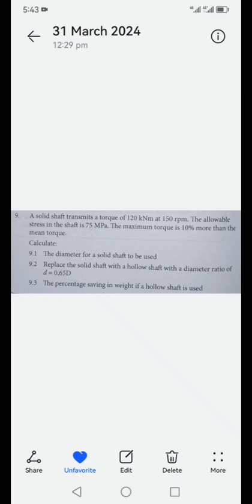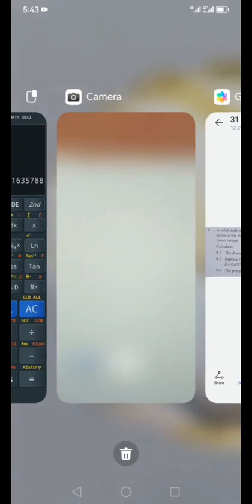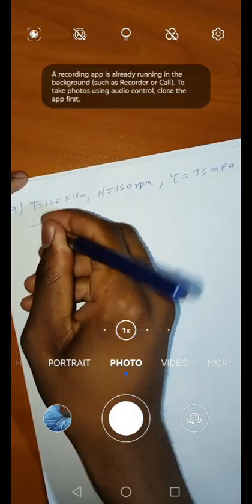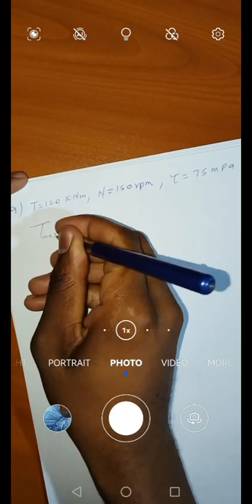Then we have allowable shear stress 75 MPa. Then I have this formula, you can say it's formula T max equals to